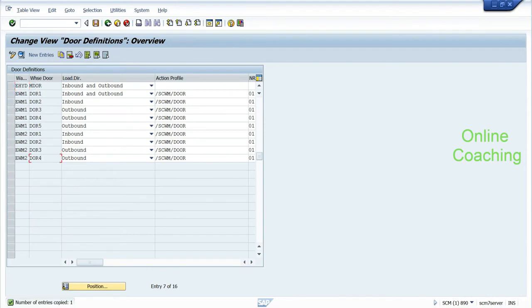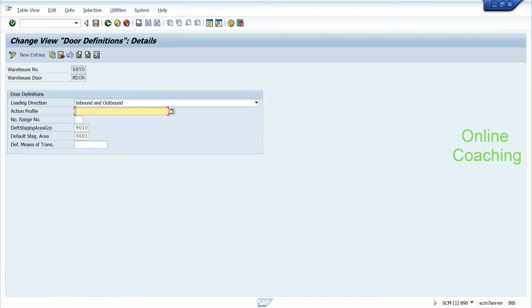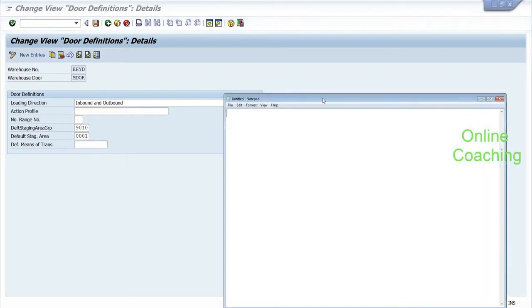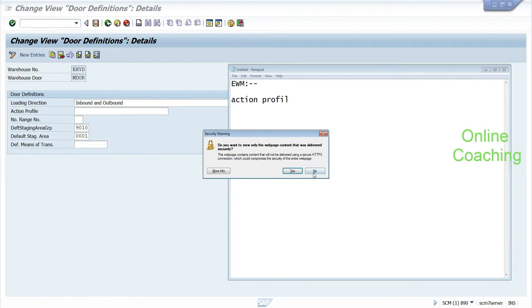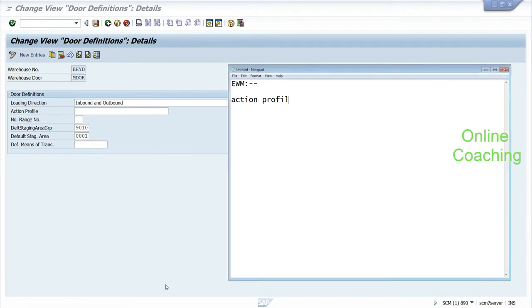Is the action here optional or mandatory? No, it's not mandatory. I'll talk about this action profile and its use. Before going to the action profile, I'll tell you something: even in SAP, for every delivery document we create in EWM, we need to assign the action profile also. So action profile means